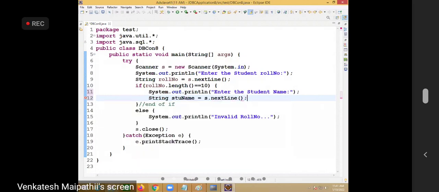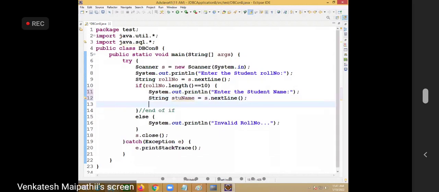One minute, the font is coming high, I'll decrease it. So there is no validation for name. After that, enter your branch.